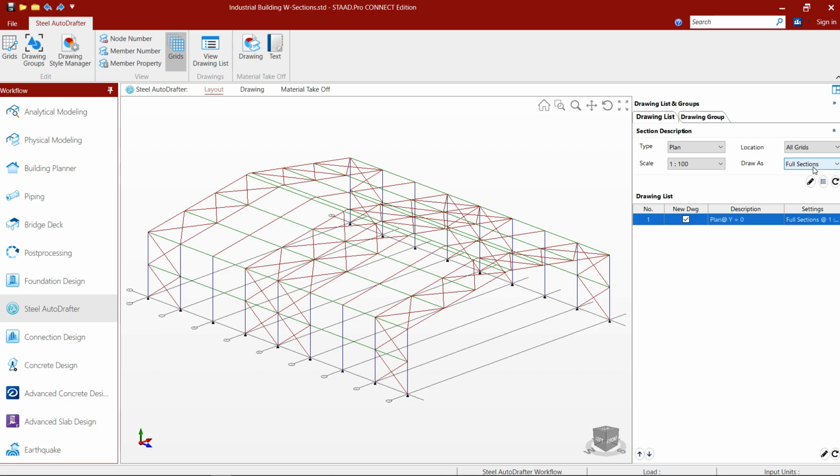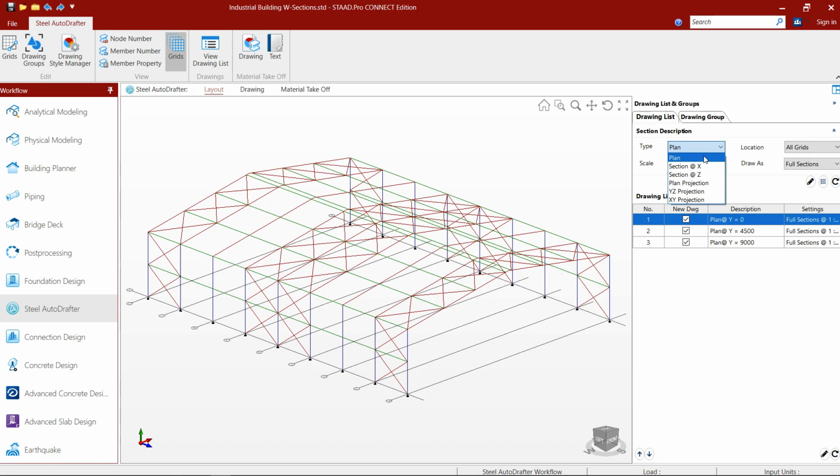So this is grid 0, and then let's have plan at 4500 and another plan at 9000, which is this level.